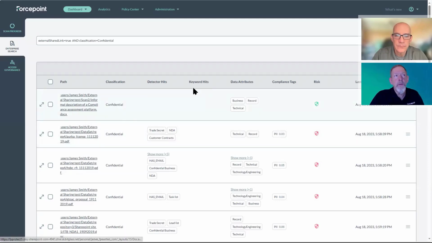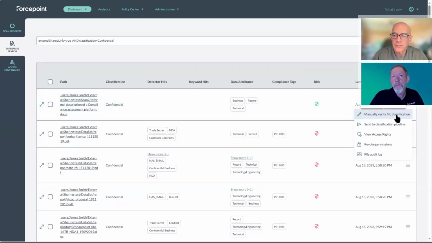Now you have the ability to go in here, and if you think that that particular source is correct, you can manually verify the classification, or you can send it to the classification pipeline. This will actually kick off another process on the back end that will go out to this particular file in the share and actually apply a classification label. And then you notice that we also have the ability to